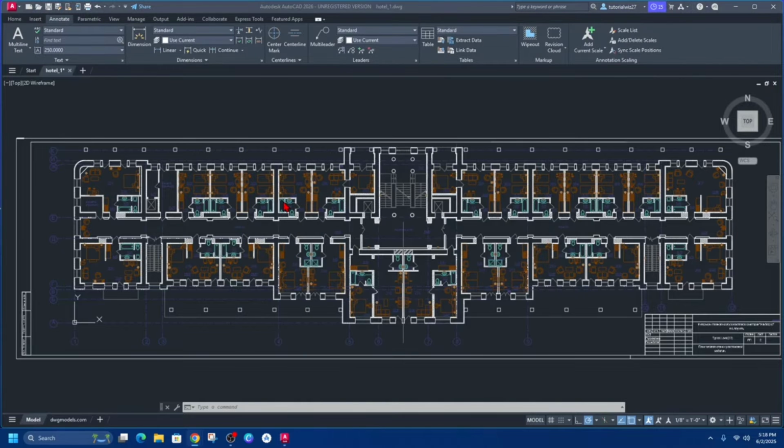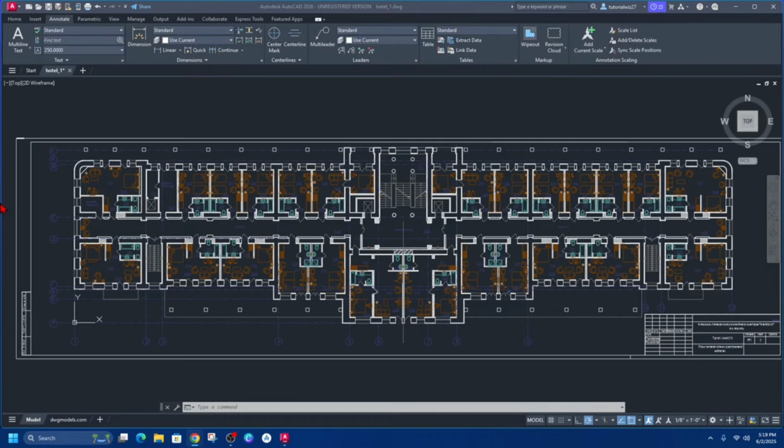Okay, so resetting the AutoCAD settings to default is primarily to resolve issues caused by corrupted configurations, missing interface elements, or unstable behavior that may develop over time due to extensive customization or software updates. So resetting profiles provides a clean, factory-fresh starting point, which can help troubleshoot persistent errors, restore missing toolbars